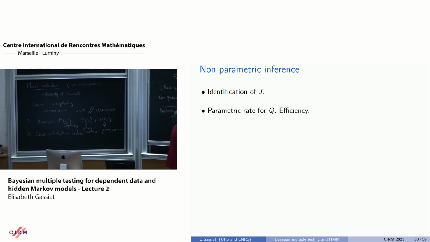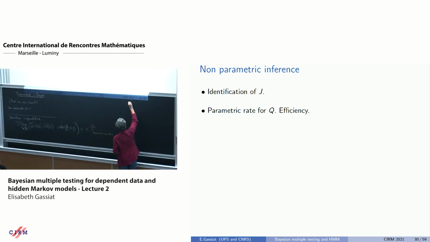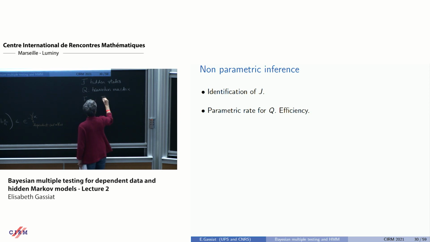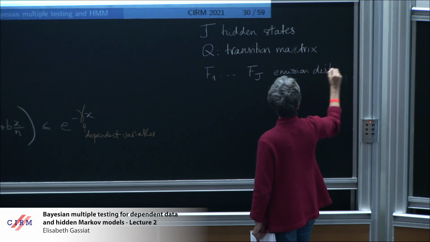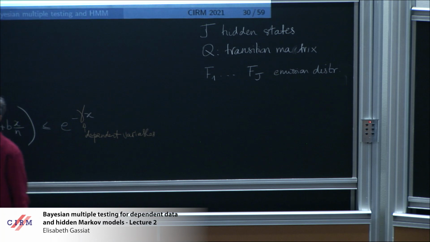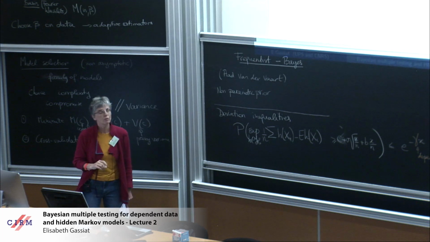So when you consider the transition matrix, I will not say how to estimate. So when I'm back to a hidden Markov model, I consider here for the first part J hidden states that may be more than 2, and the transition matrix of the hidden Markov chain will be Q again, and the emission distributions F1 to FJ. You know those works, we assume some dominating measure and densities, but you don't need it for the identifiability trick, but anyhow,